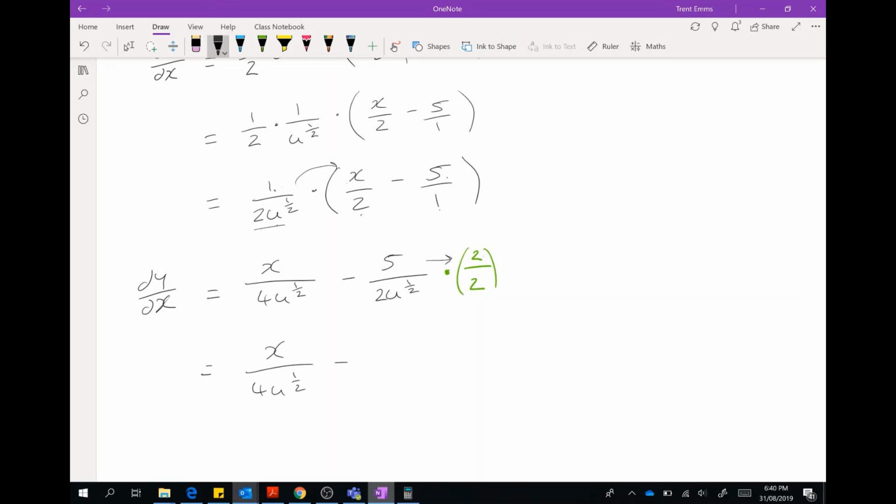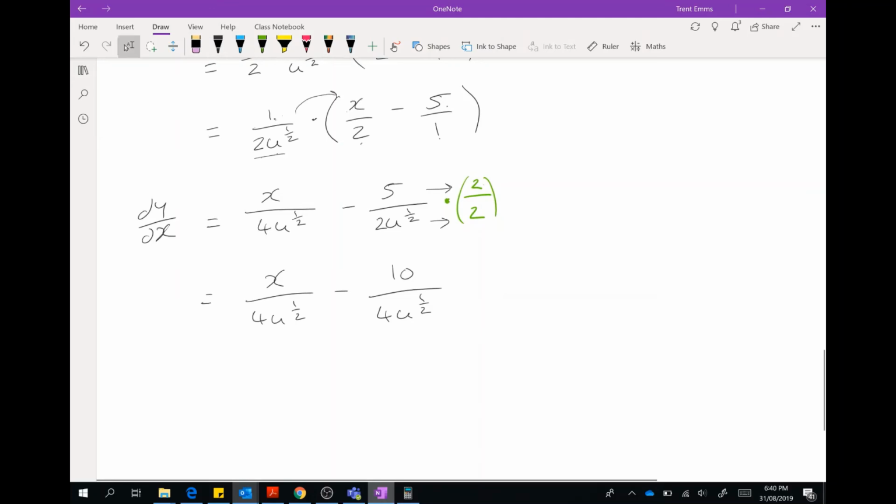So this becomes 10 over 4u to the power of a half, and now that the bottoms of the fractions are the same, when we subtract fractions, the bottom stays the same, and we just subtract the top, so it's x minus 10 on the top. So that's my dy by dx here,